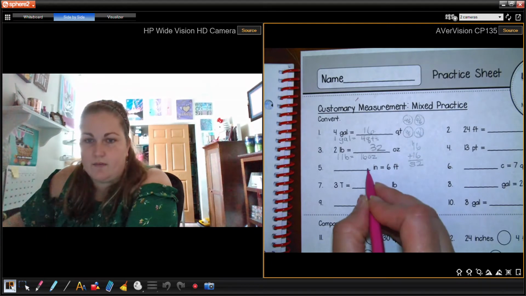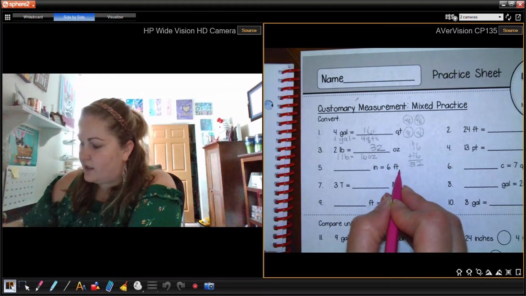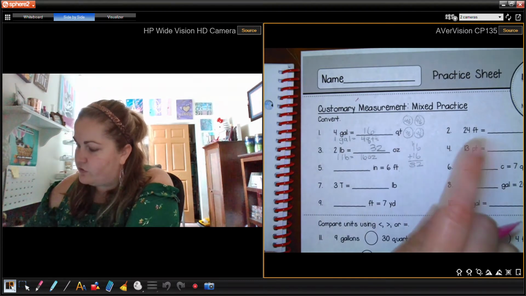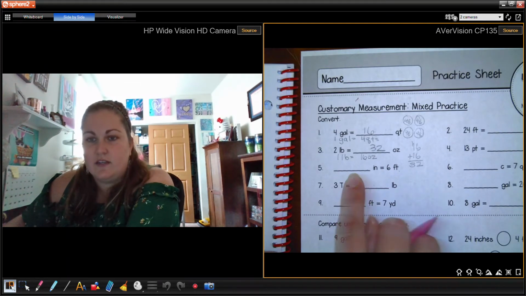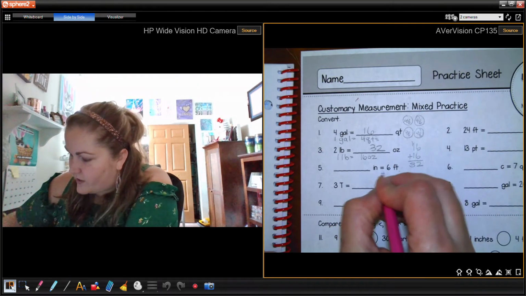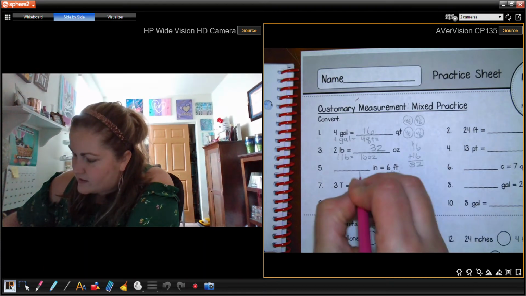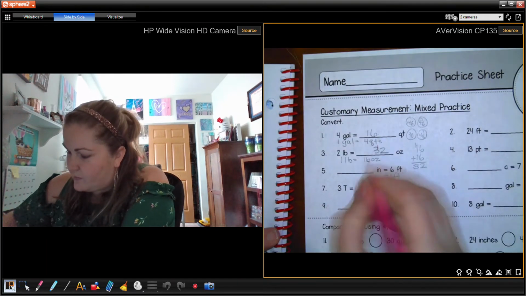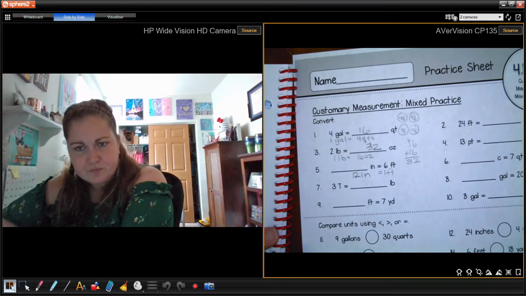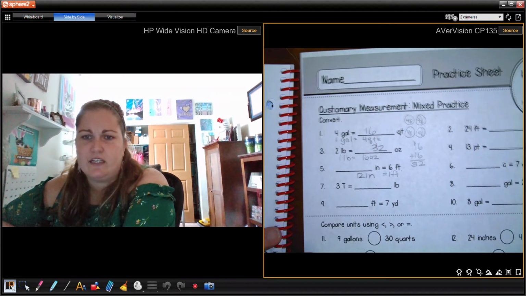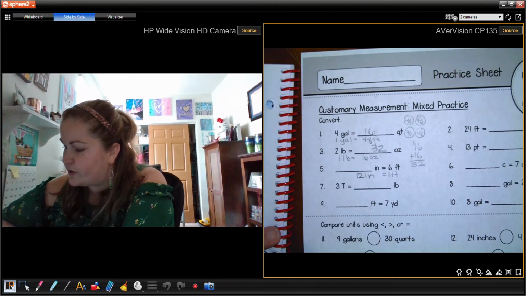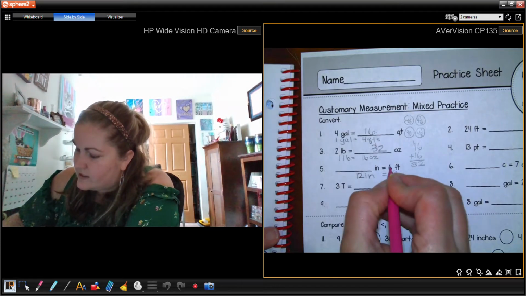Okay, now it's asking me how many inches are in 6 feet. Again, I'd go to my reference sheet, and it says 1 foot equals 12 inches. This side has inches and this side has feet, so I'm going to make sure I write the foot with the foot, and then I put my 12 inches over here, because if I have feet, I'm going to have a lot more inches because the inches are smaller. So for every foot, I have 12 times as many inches. So 6 feet times 12